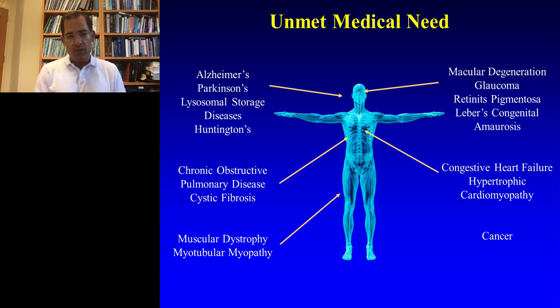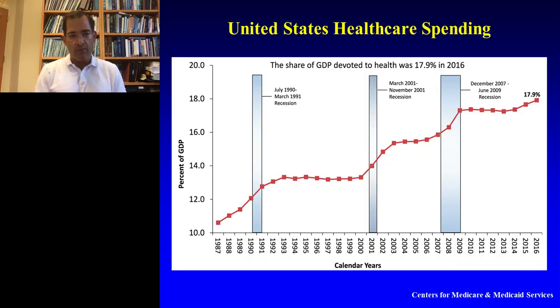Regardless of which particular tissue, you can take a look at conditions such as Alzheimer's or Parkinson's or rare disorders such as Huntington's or lysosomal storage diseases, where often the progression of these diseases doesn't occur on the timescale of days or weeks. They progress instead on the timescale of years to, in some cases, even decades. So this progressively robs patients of their quality of life, as well as drives up the cost of healthcare within